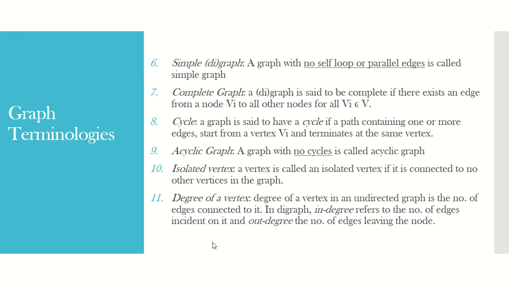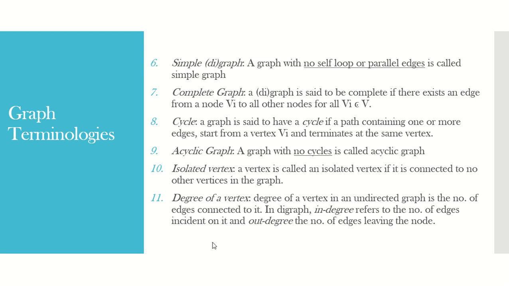Okay, remember when you're talking about a directed graph, the parallel edges should also have the same direction. So if you talk about Vi and Vj, there should be two edges that go from Vi to Vj. You cannot take an edge from Vi to Vj and an edge from Vj to Vi as parallel. But in the case of an undirected graph, an edge from Vi to Vj is parallel to any other edge connecting Vi and Vj.